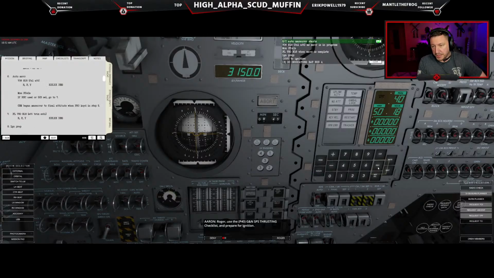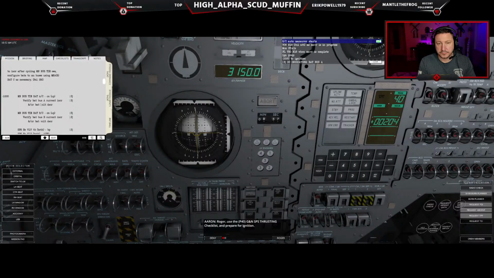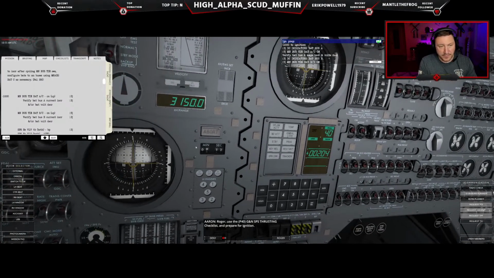We're going to push Pro one more time. 618 back to 5018. There's 5018. Enter. Okay, next is ignition prep at 10 minutes to ignition. We got a long time until ignition. Let's see, we were going to ignite at 69,